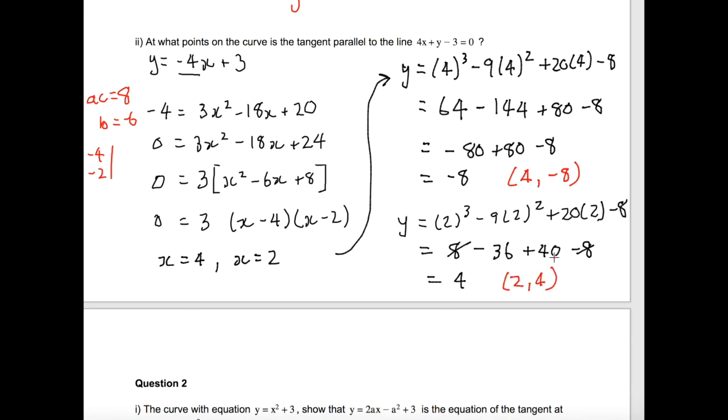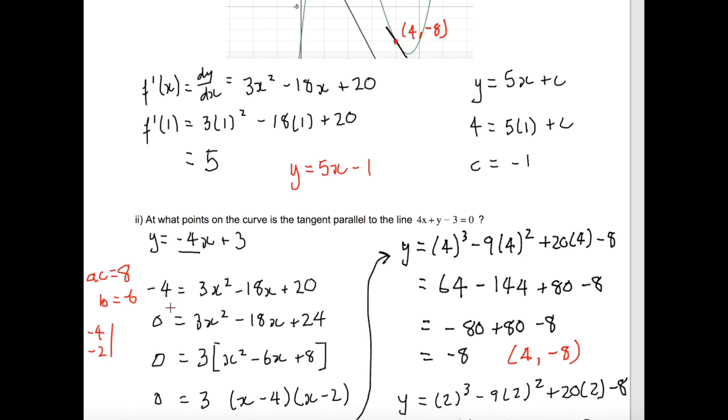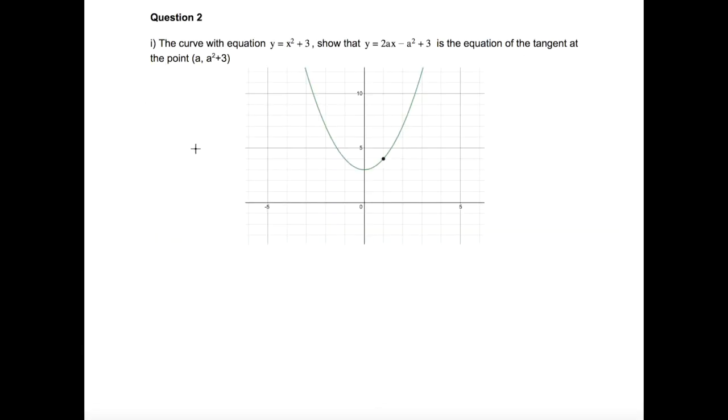So scrolling back up here, we can see that this point here is (2, 4). And what we've said is, at this point (2, 4) and this point (4, -8), the tangents at those points are parallel to the line 4x plus y minus 3 equals 0, because they have the same gradient, which we set up over here by saying that the gradient must be equal to negative 4. So, okay, this question is asking us